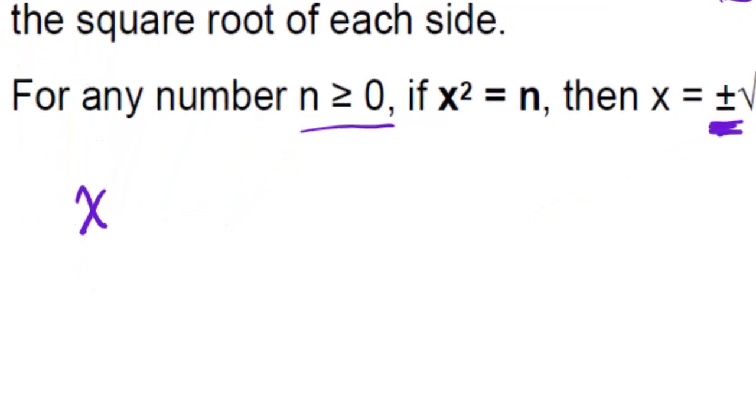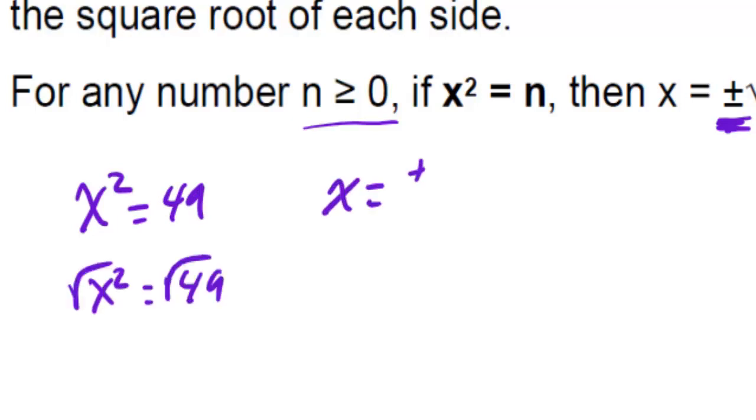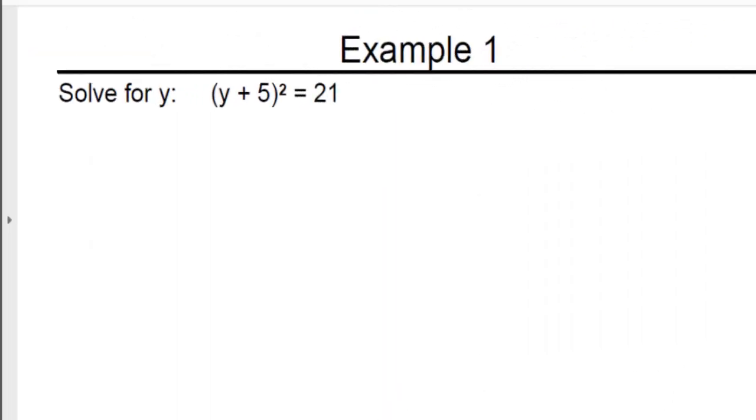So that means if I have something like x squared equals 49, you would solve this by taking the square root of both sides, and x then would give you plus or minus the square root of 49, which of course is going to be plus or minus 7. So two possible solutions. Okay, for example 1, to solve for y, we have an actual binomial raised to the